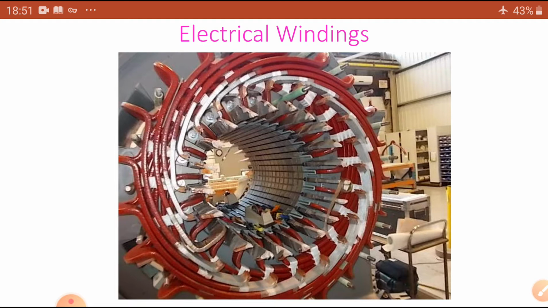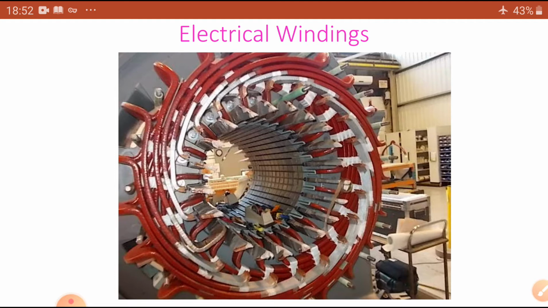In this class, there is a difference between AC and DC. In DC machines, we have drawn the winding, and after that we connect the winding end connections to the commutator segments, and after that we place brushes. But in the case of AC, there is no commutator as well as brushes.